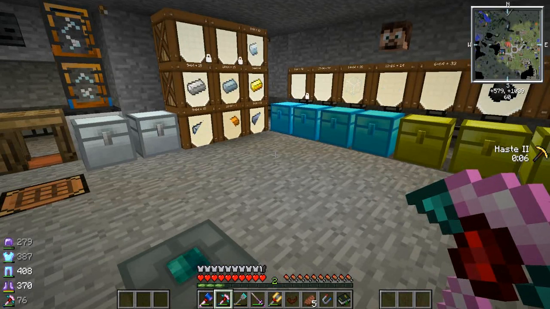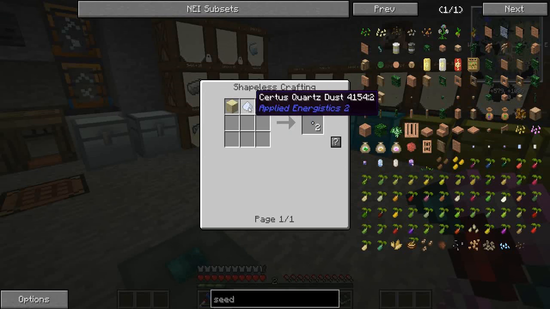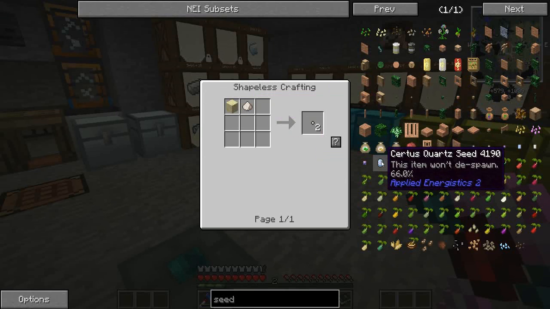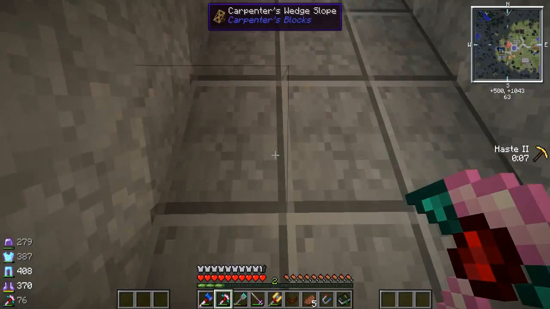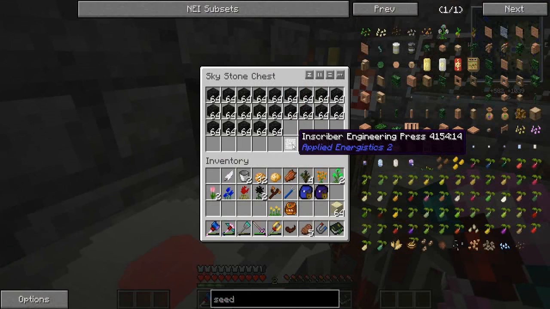Alright, so we've got sand. What are we going to need for this? We're going to need the sand. We're going to need Certus dust. And we're going to need nether quartz dust. And we have plenty of charged Certus quartz for now. I was actually lucky enough to find all 4 of the presses. So guys, if you need to borrow them on the server,